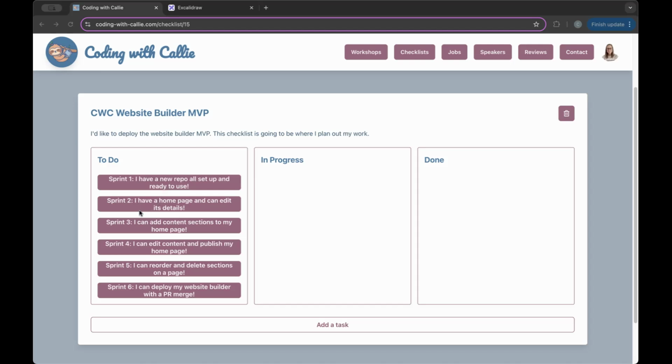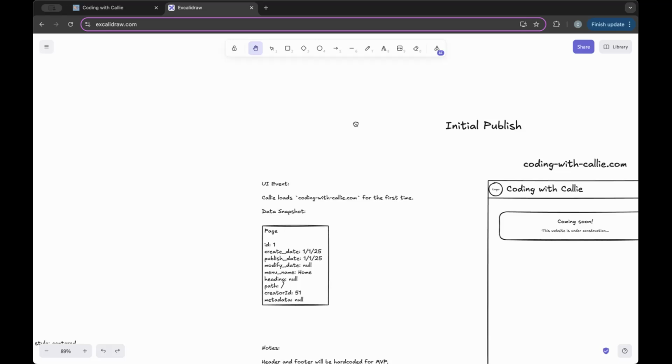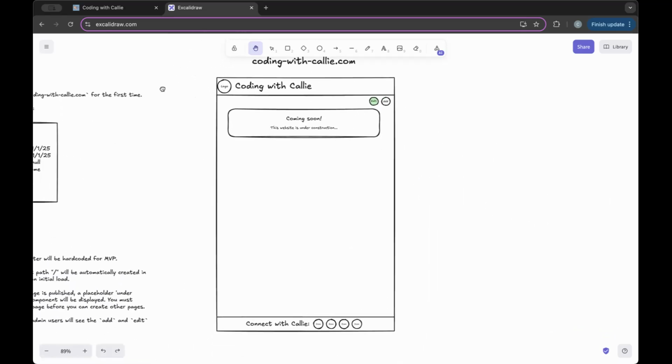Sprint two is to have my homepage and being able to edit its details. All right, so if I go over to my design here, the idea is that I'm going to have a homepage that for end users will look like, hey, coming soon, this website's under construction. But all of the real stuff is going to be after you click that edit button. All right, so on first load,